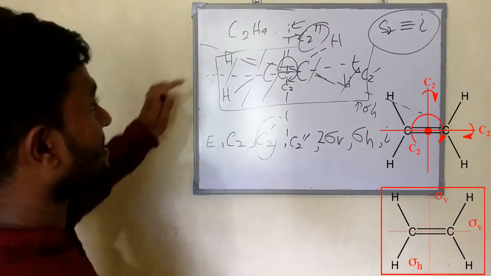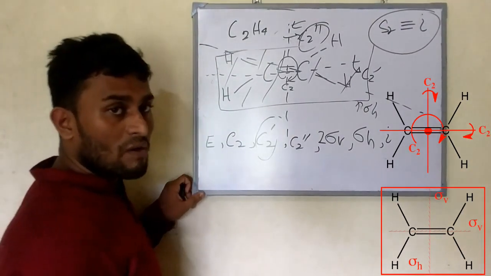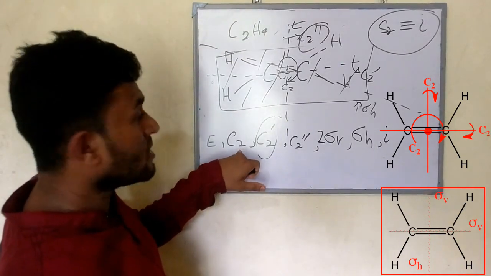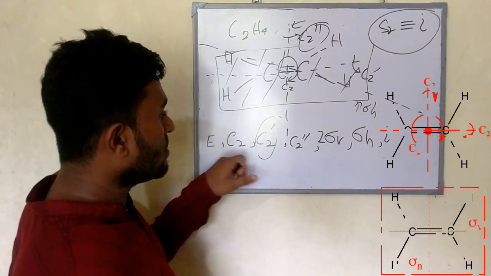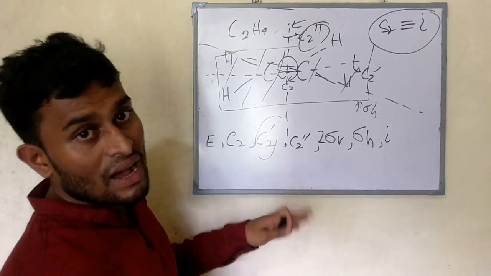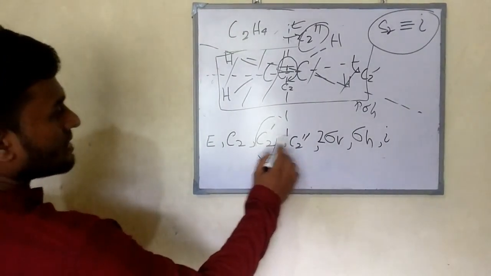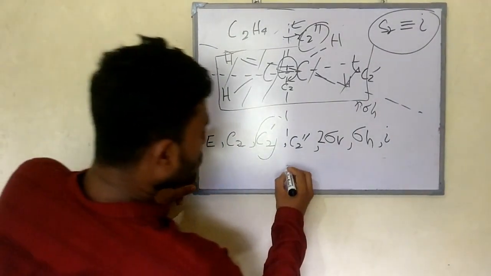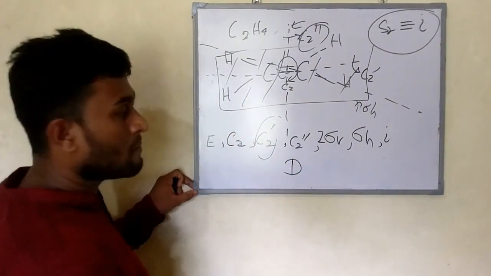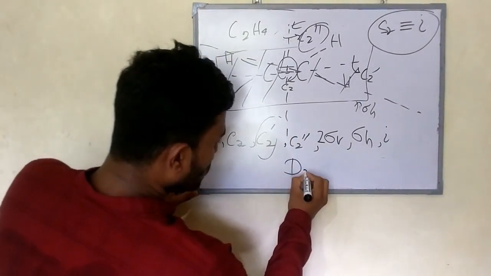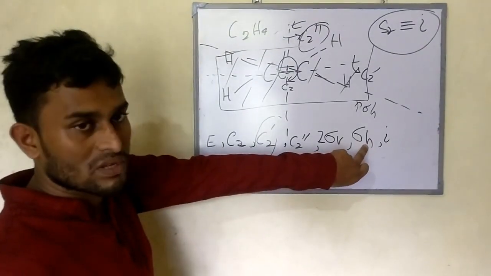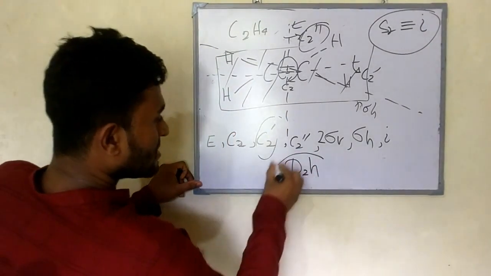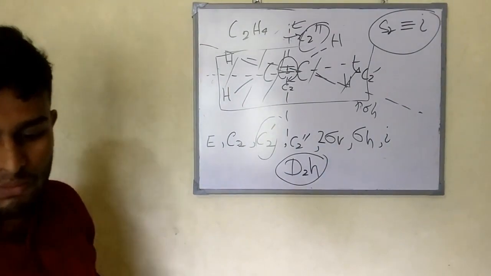Symmetry elements you can see in C2H4. So what is the point group? Here highest order of rotation is C2, but there are a lot of other C2s here. 1, 2. That is similar to the highest number. So surely this is D group, and highest number is 2, and h also possible. So you need to give priority to h. So this is D2h group.